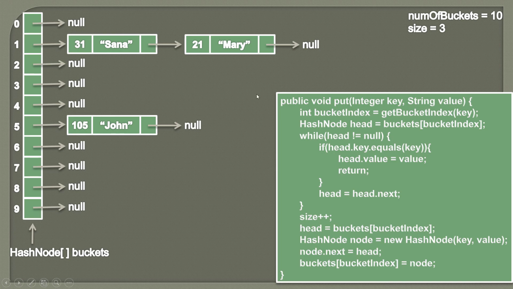So friends, here you can see that we saw various use cases of how we can insert a key value pair in the form of hash node in a hash table. We saw how we can add a key value pair. We also saw how we can update a key value pair. We also saw what happens when there is a collision. And we also saw the importance of our hash function, that it can take a large key and provide us with a small index so that we can add this key value structure into this buckets array.